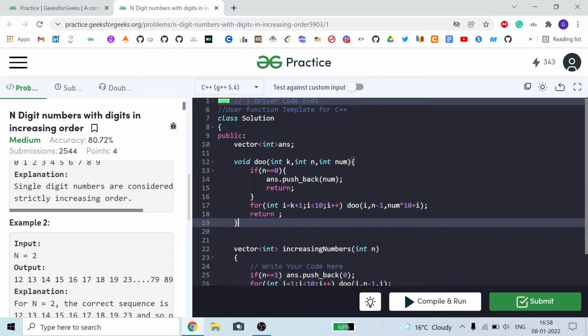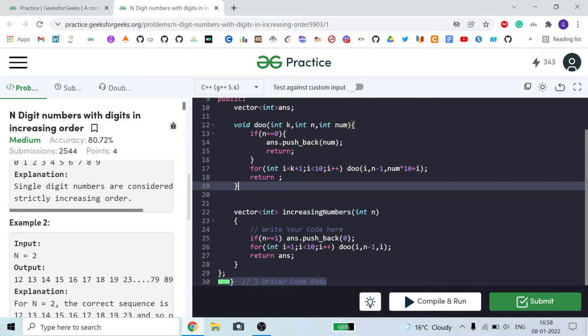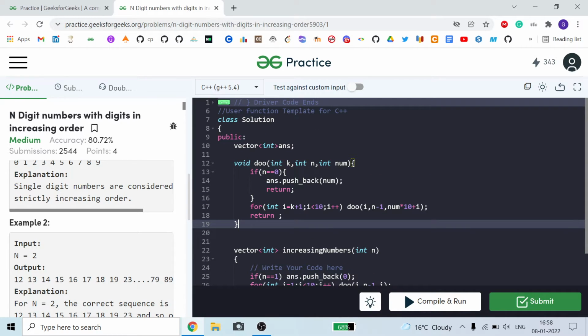Here k is the last digit value added in the n digit number, n is the number of digits left which we have to add. If n is equal to 2 here, then n minus 1 gives n equal to 1, which means we can only add one more digit in our number, and num is the number we have made yet.